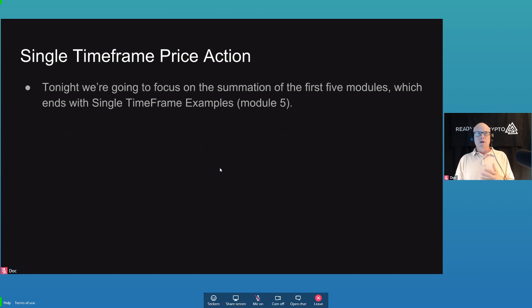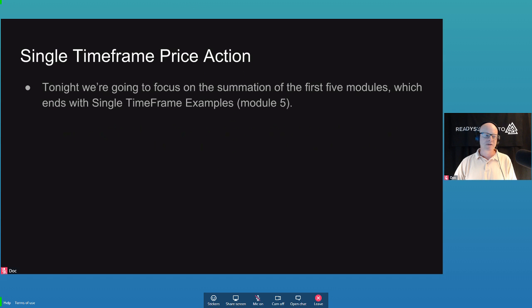So in the program, I go through all kinds of seemingly odd detours to get to the point of understanding how things move within other things, right? So I go through the whole fractal thing and how things are interrelated. And then we kind of peel back for a second and we say, well, wait a minute, let's talk about price here. What is price? What is a price trend?